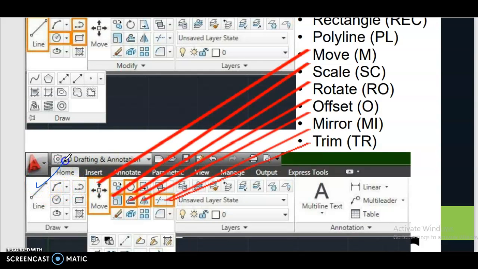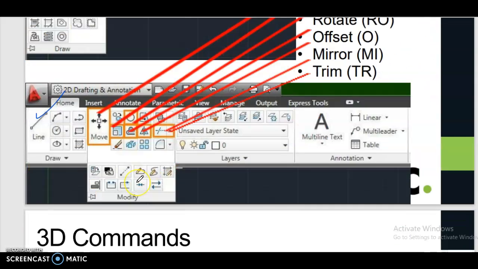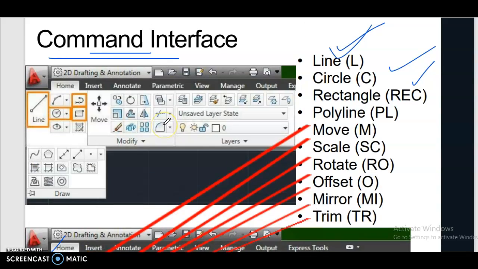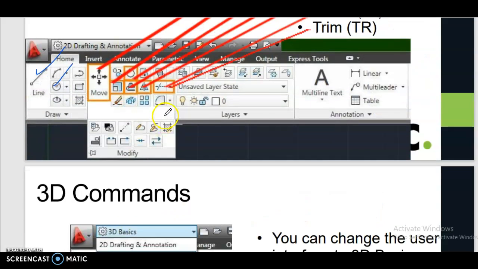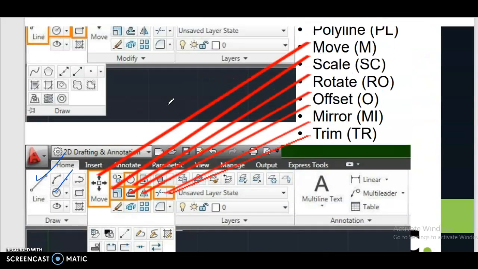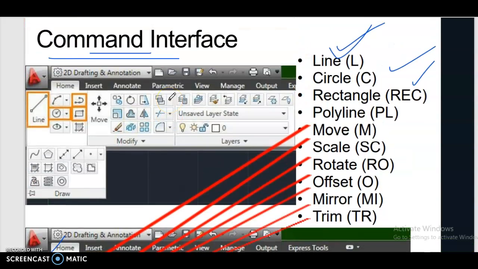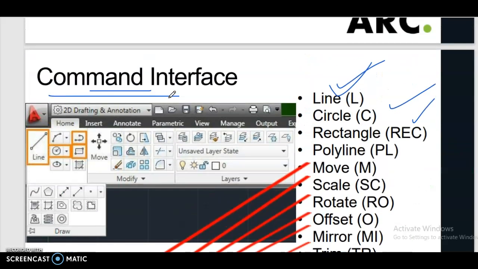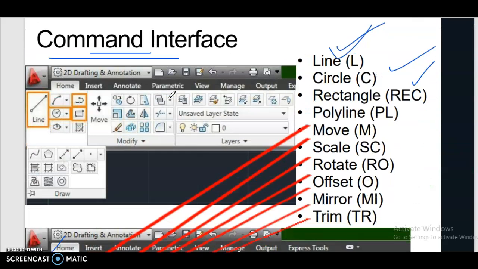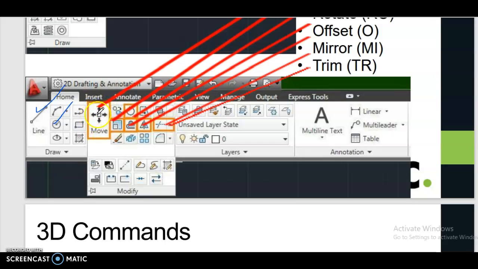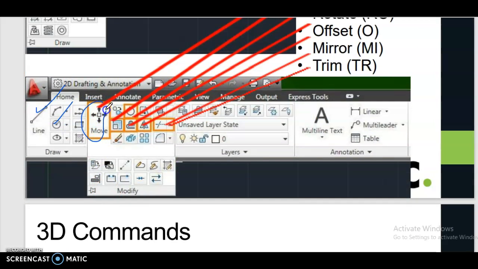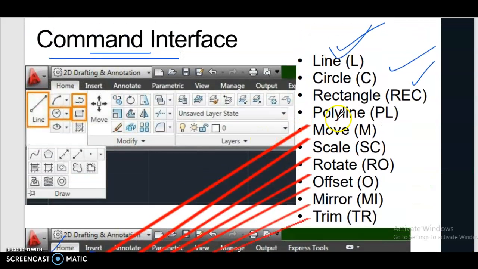This one line, okay, circle C, rectangle REC, okay, polyline, then poly and PL, then move M, this one move M, and then